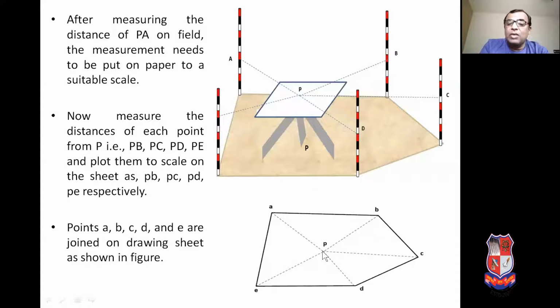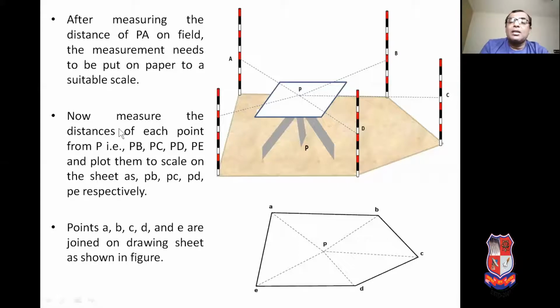So you can see in this figure, this is my plane table station P, and a dotted line from P to 15 centimeter. For example, I am taking this one. We will get the location of the small a on the drawing sheet. So we are able to transfer the capital A as a small a on the drawing sheet by drawing the radial lines from station P.